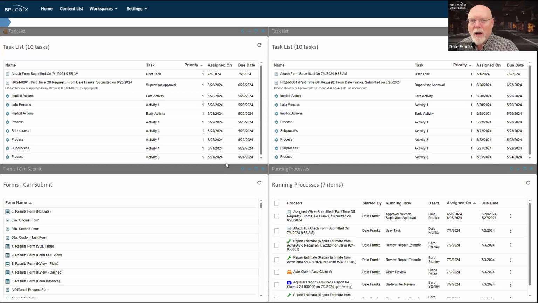And you're now going to go through a round of unnecessary questions to learn at some point in the distant future that they are displaying the forms I can submit knowledge view on the lower left portion of their screen. You don't know that because you don't know how the end user has configured that workspace to show them things that they find in a more pleasing manner. It does cost some runaround in terms of providing support to your end users and trying to figure out what the heck it is that they're doing on their system.